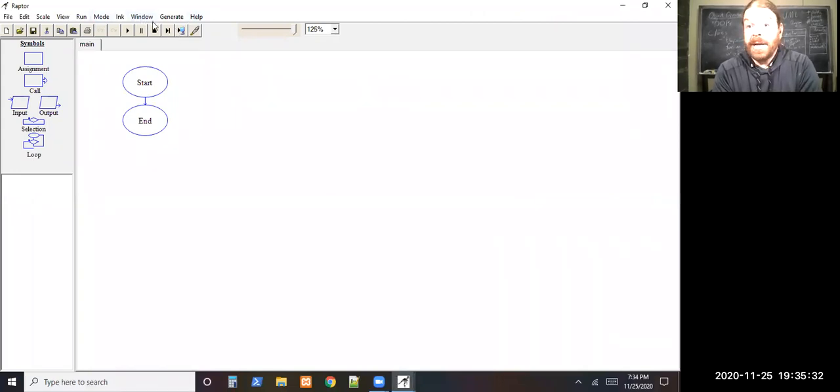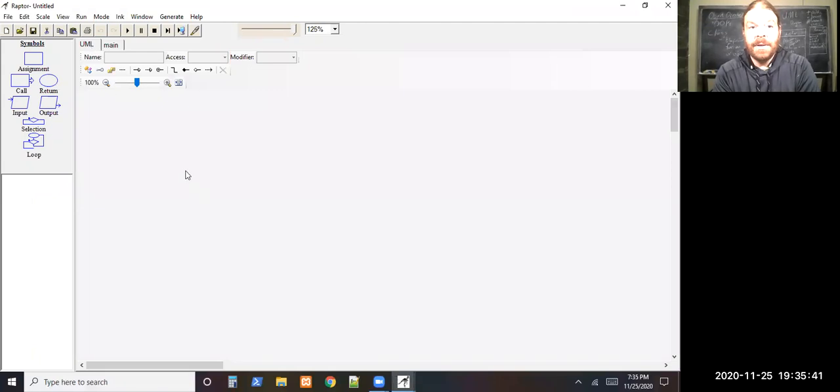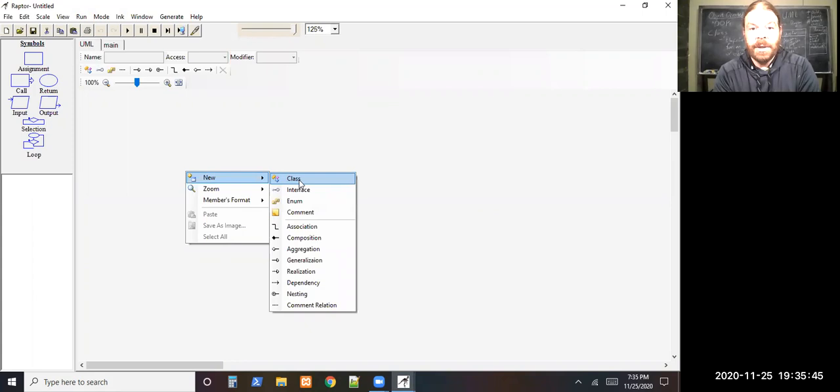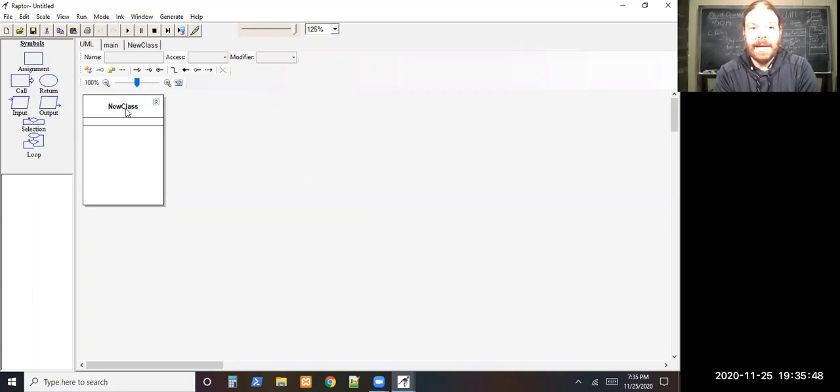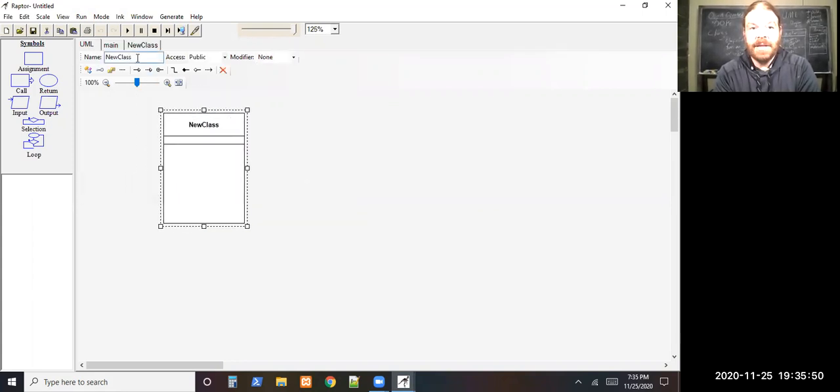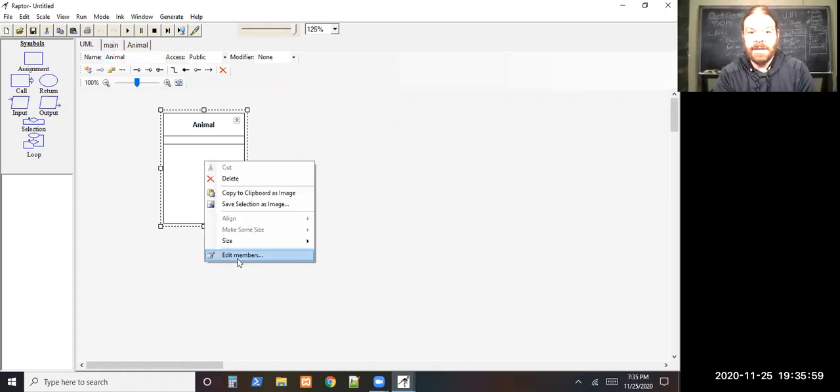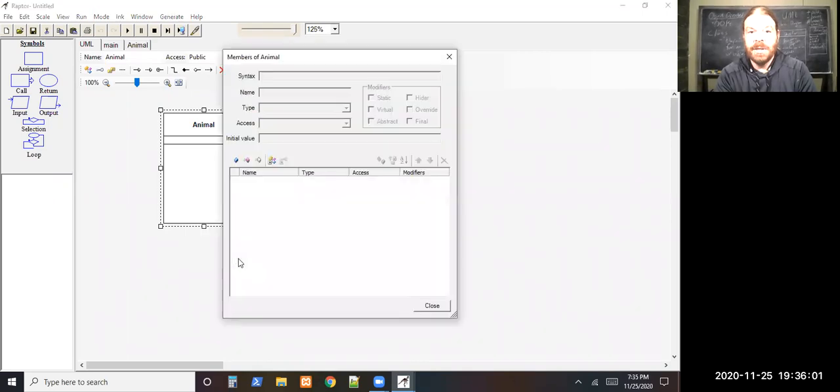So if you want to, for that assignment, if you go in Raptor, if you put it in object-oriented mode, if you still have that, on the UML tab, you just right-click and create a new class, and then just kind of fill in the spots. So give it a new name. We're going to do an animal class. And then if you right-click on it, there's this option to edit members. And you get this little dialog box where you can put in all the